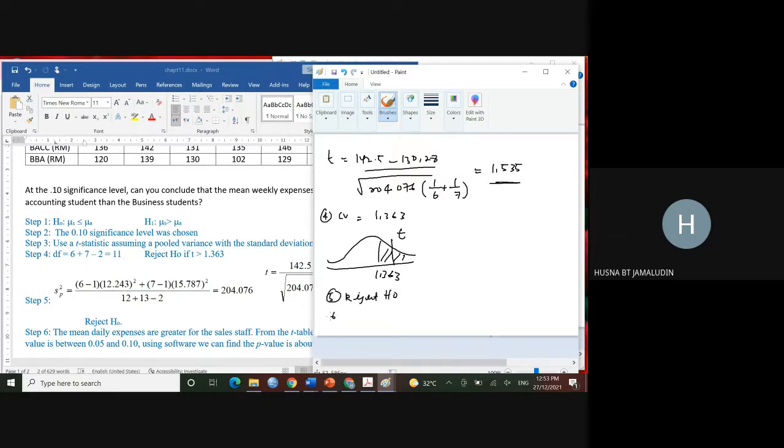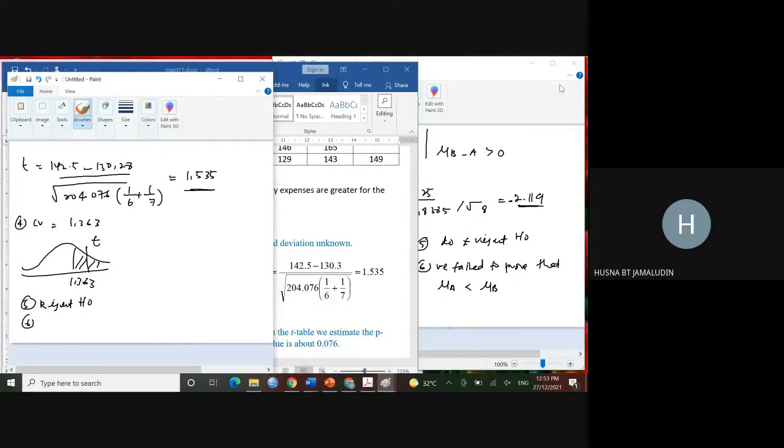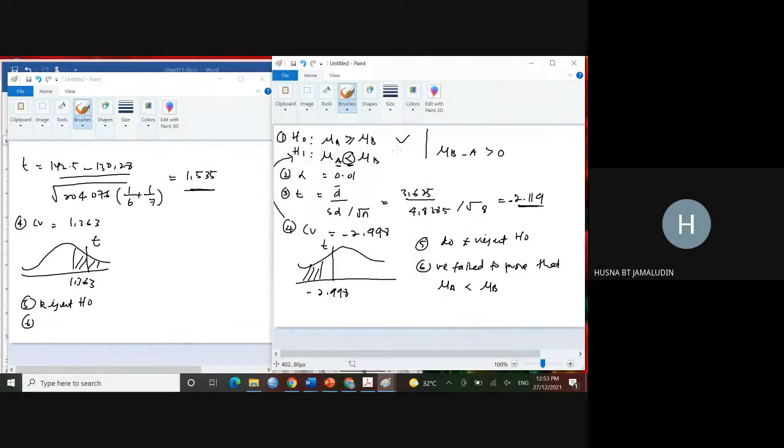And then number 6, because you reject the H null, you should say, well, because our hypothesis is somewhere here, right? Because you reject the H null, you are saying that definitely the mu of accounting is lesser than the mu of DBA. Means that the spendings of accounting students is smaller than the spendings of the DBA students, because accounting is so calculative. That's why, perhaps. Okay. So, yeah,